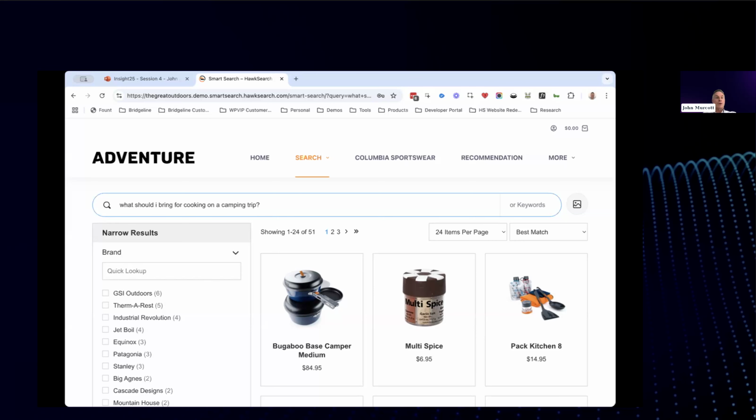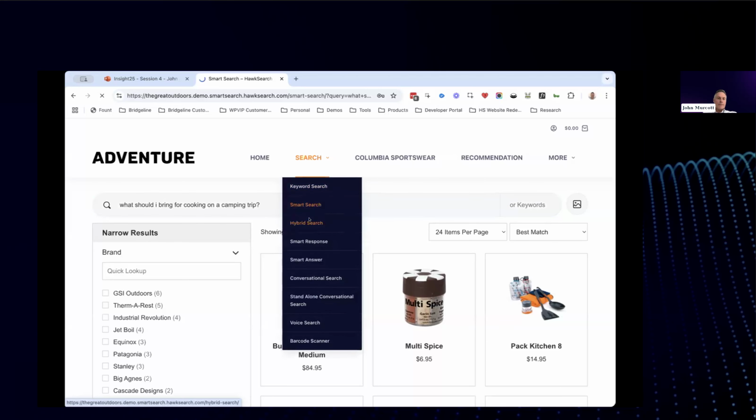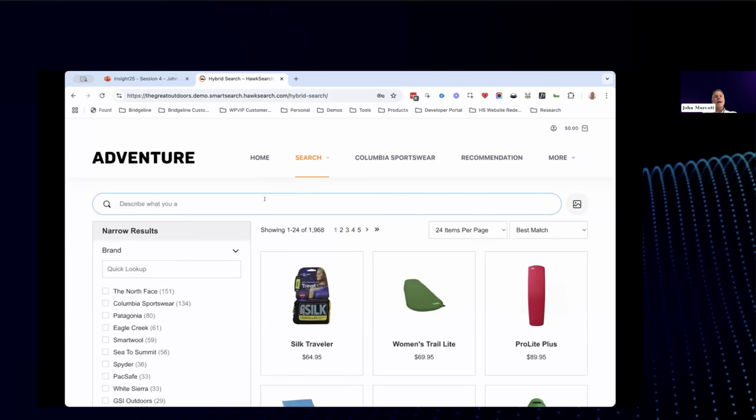Now, some of you might say, cool, I like it, but why do I have to keep switching back and forth between these two interfaces? Can't you merge, unify, what some people will call hybrid search, these two fields together? And the answer is yes. So in this interface, now I can ask that same question or put in a keyword. The point is,